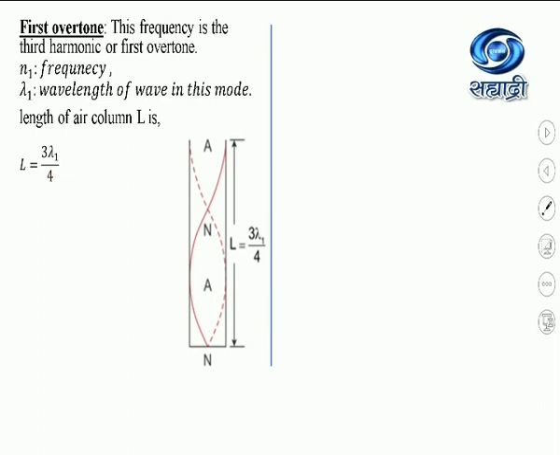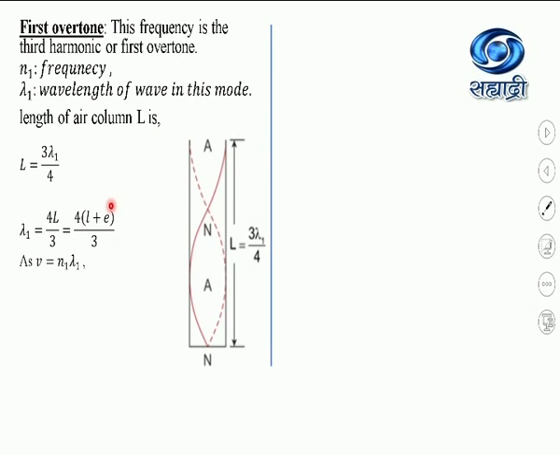Now how do we get this length of the air column? The wavelength of this wave from this point to this point is lambda 1 upon 4. From this point to this point, it is lambda 1 upon 2, and therefore the total is 3 lambda 1 upon 4. Therefore the vibrating or corrected length of the air column, capital L, is 3 lambda 1 upon 4. From this we get lambda 1 = 4L upon 3. Now we know capital L is small l plus e, where small l is the length of the pipe and e is the end correction.